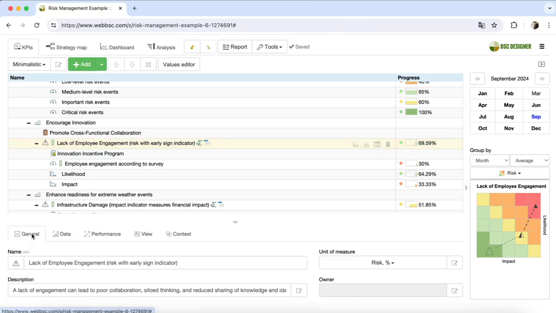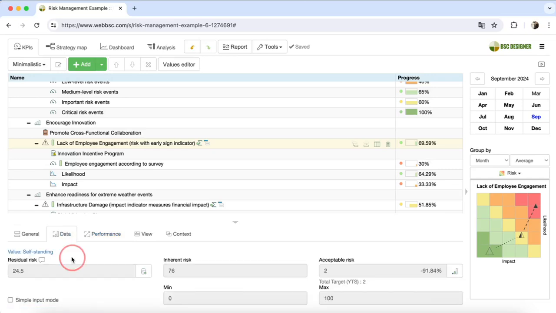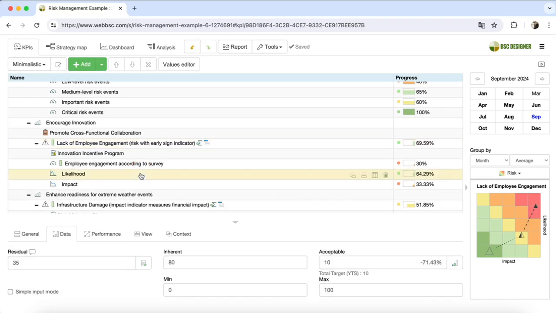We have its basic properties like name, description, and owner. I also see the risk calculated, and I see the risk diagram showing me the inherent, residual, and acceptable risks. The risk metric is calculated using two indicators: likelihood and impact. On the data tab for these indicators, I see that in this case they are measured in percentages on scale